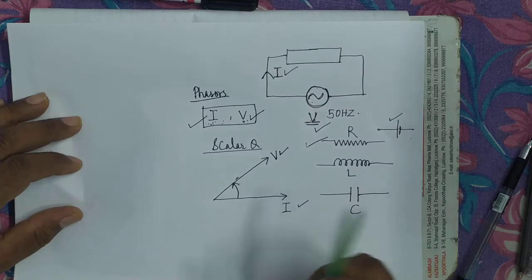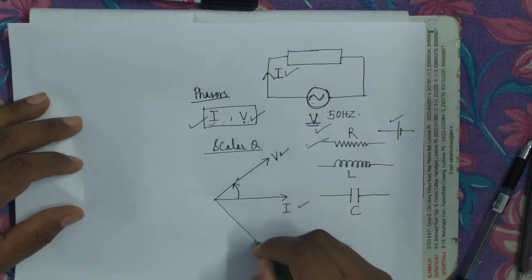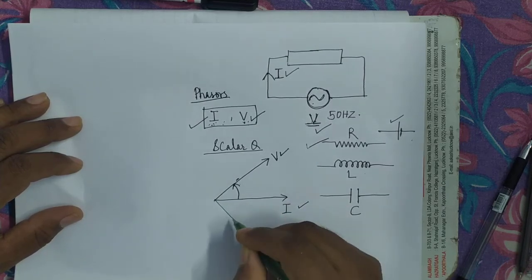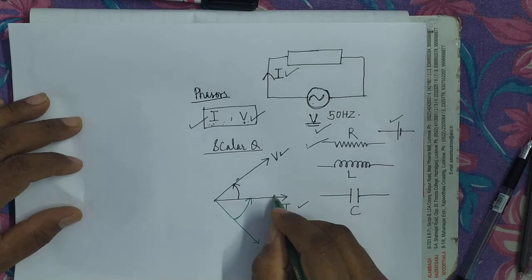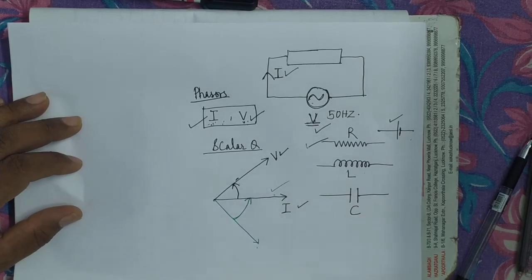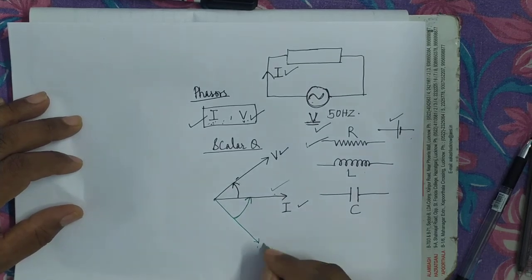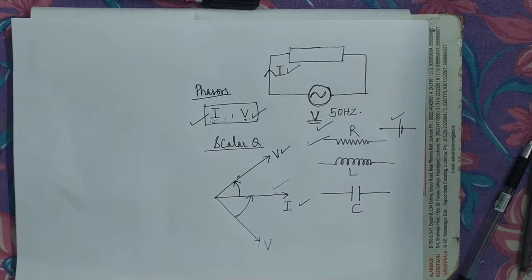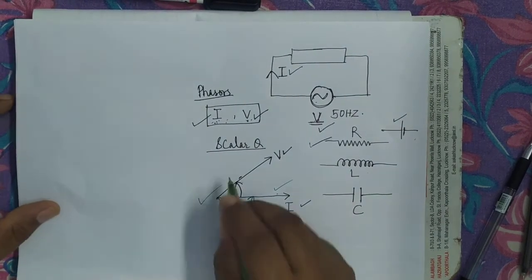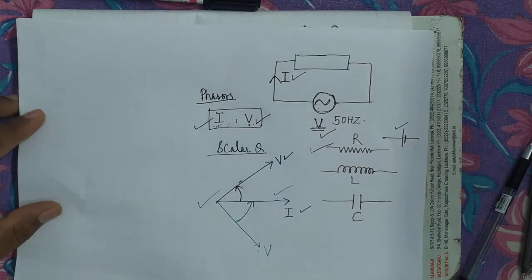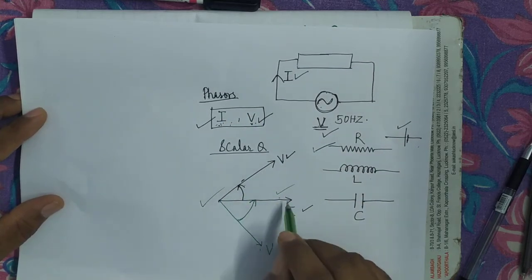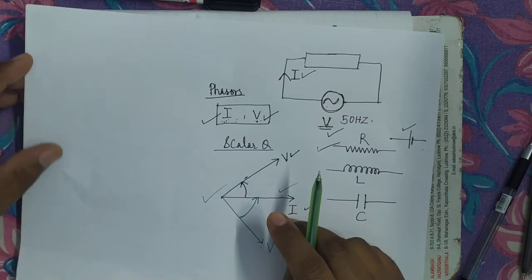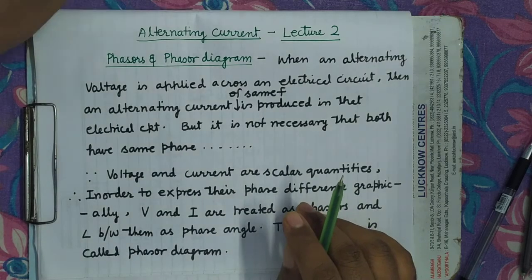Suppose the voltage is drawn on this side, so you can see here, now which comes earlier. As you know that this angle is positive, this comes earlier and this comes afterwards, means this is leading. Current is leading the voltage. It's clear. So this diagram is called the phasor diagram, while the arrows which are drawn for voltage and current are called the phasors. It's clear.